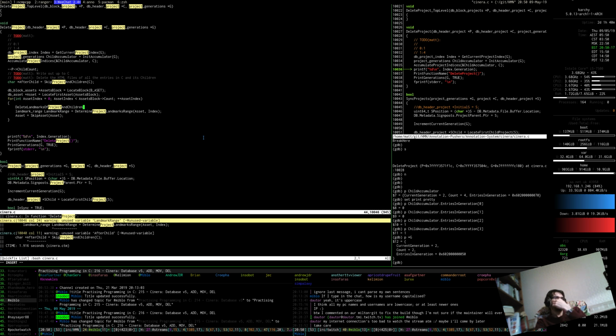I think that's right. And then we need to pass the asset itself, obviously. We need to pass the child accumulator. And we surely also need to know